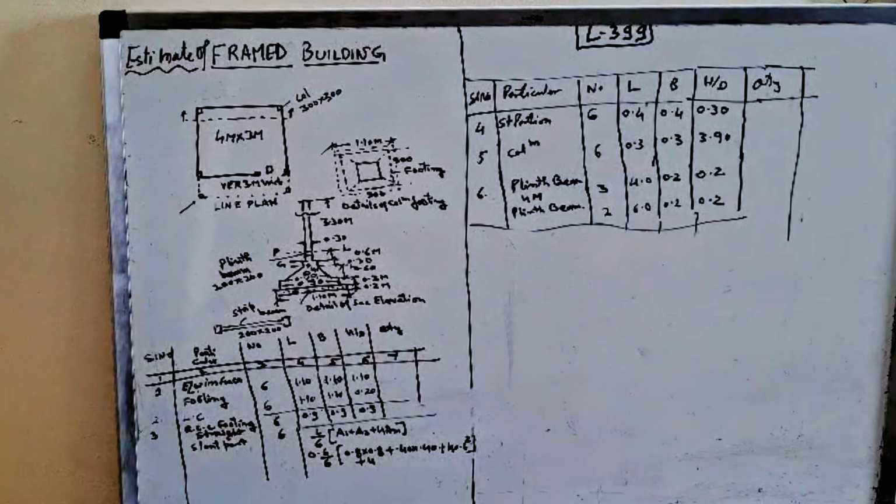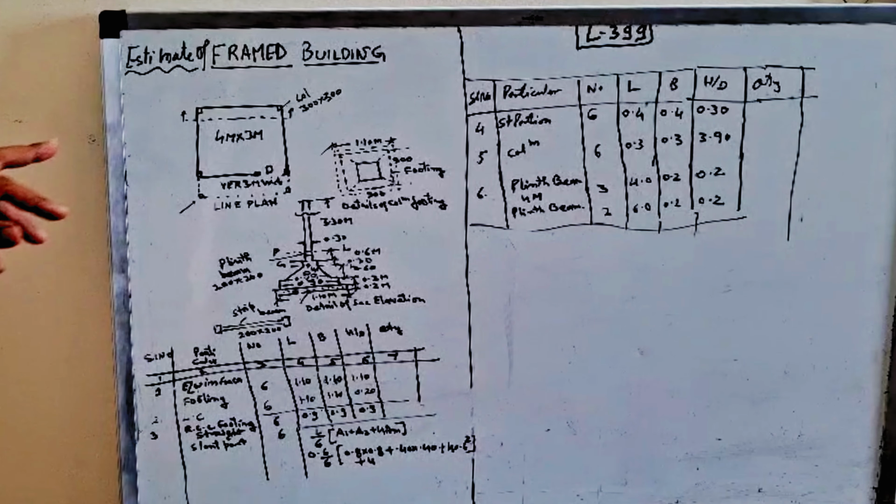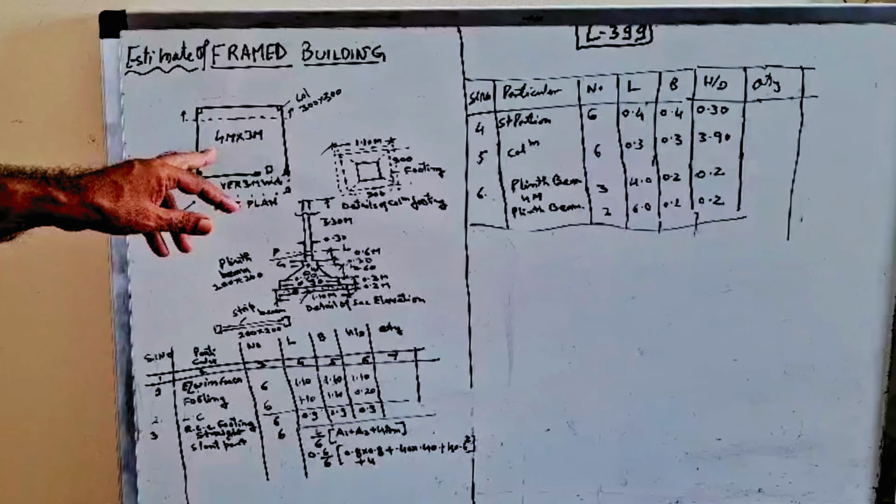This is a new topic: estimate of RCC framed building, that is, framed building. If it is a framed building, how will you estimate the different quantities, that is earthwork, PCC and the RCC work? So we try to understand by taking a simple example, that if we have taken a room which is